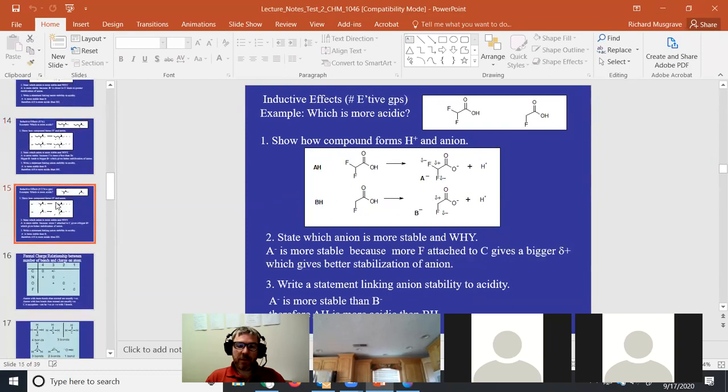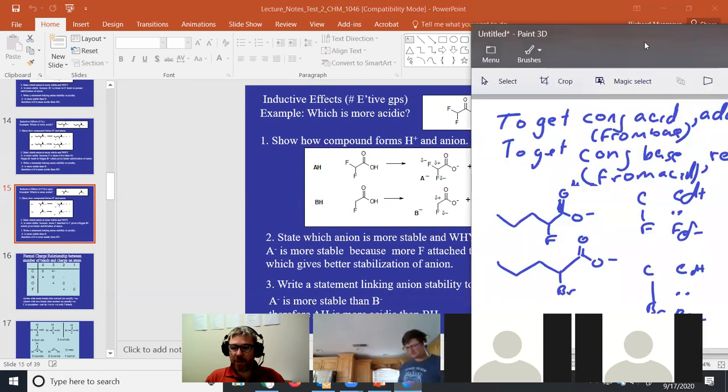Okay, one more scenario. This one is somewhat related. And this has to do with the sheer number of electronegative atoms we have attached to the anion. So in the case of this A minus over here, it's got two fluorines attached to the C versus the other one that only has one fluorine attached to the C. What I would want you to understand about that